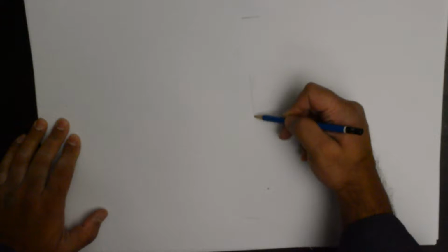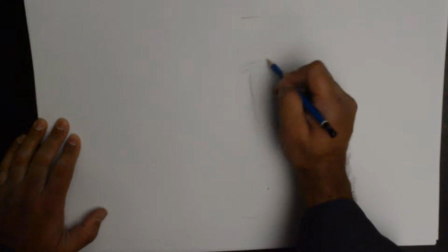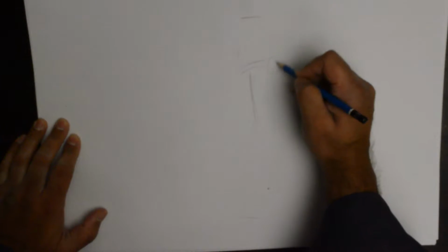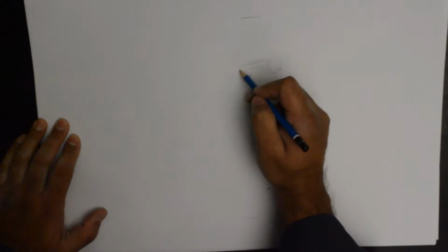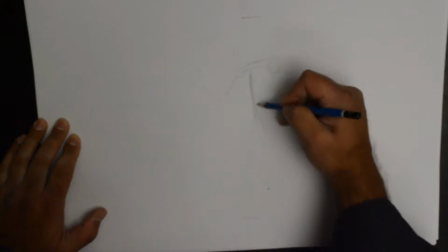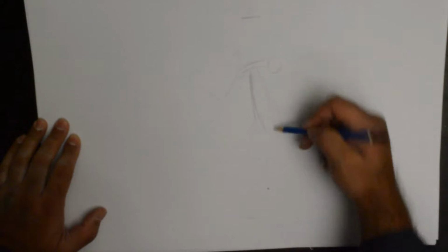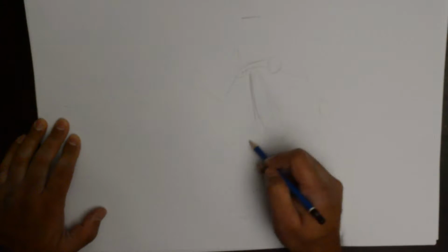We will put in first the person and a small line there for the torso, shoulders right up here, arm, hand. So we could have a line going back like this. Maybe, I think it might be better. So we'll show